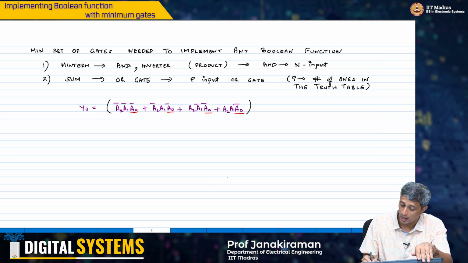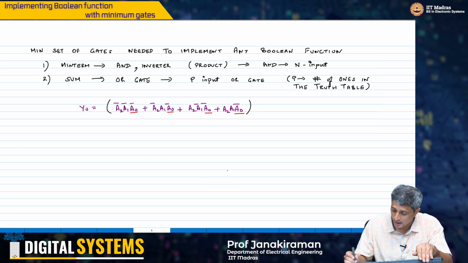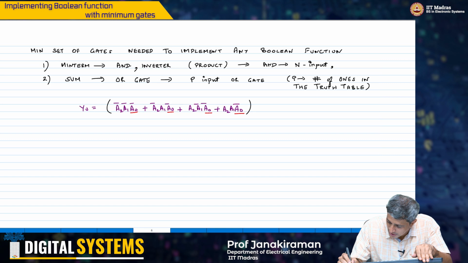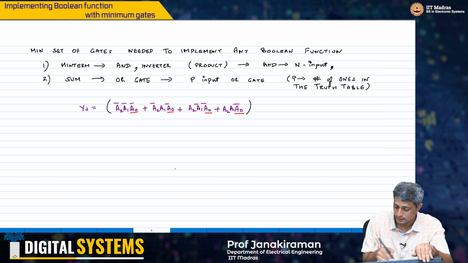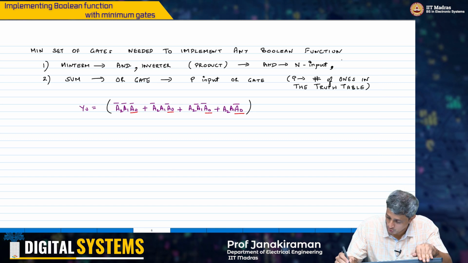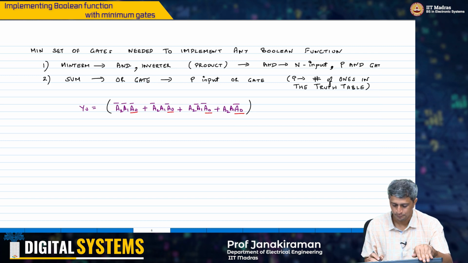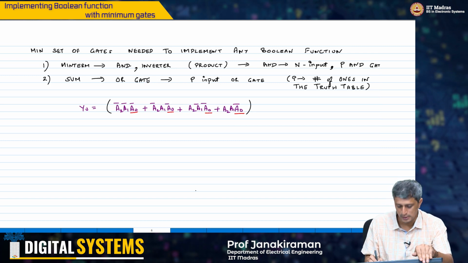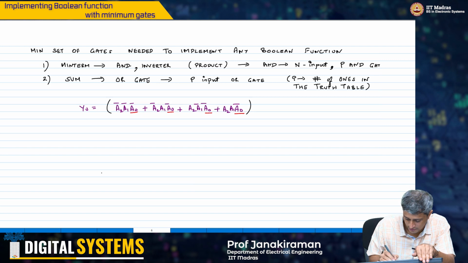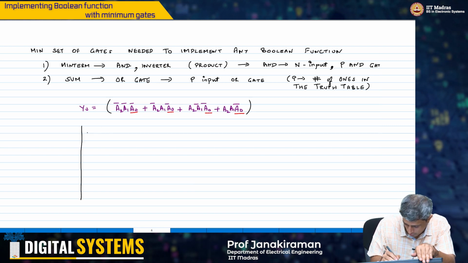And by the way, how many AND gates do I need? I need again as many as there are ones in the truth table. So I have P AND gates. Okay. So how will I go ahead and implement this? It's like this. You start,